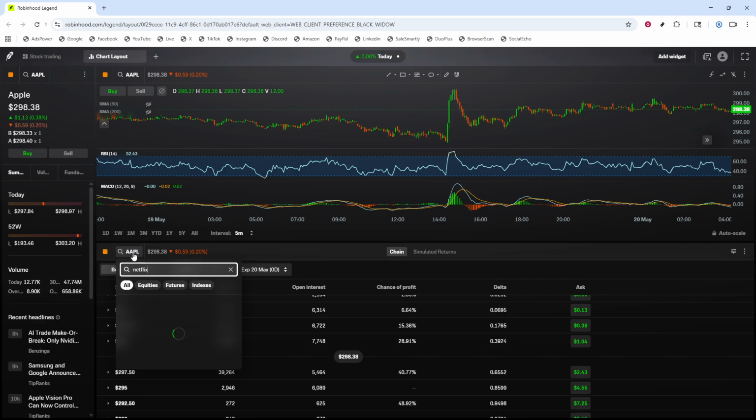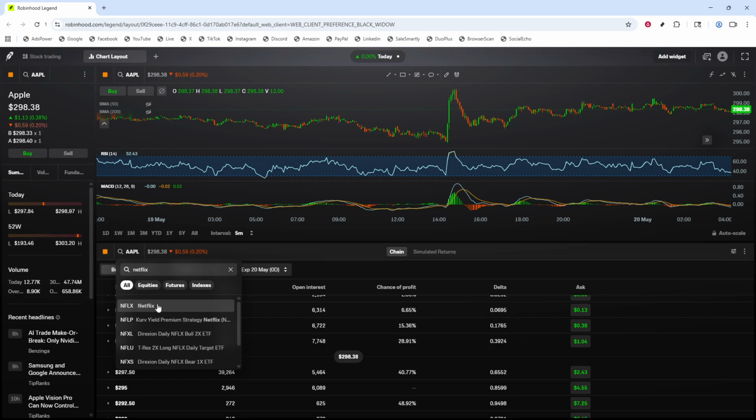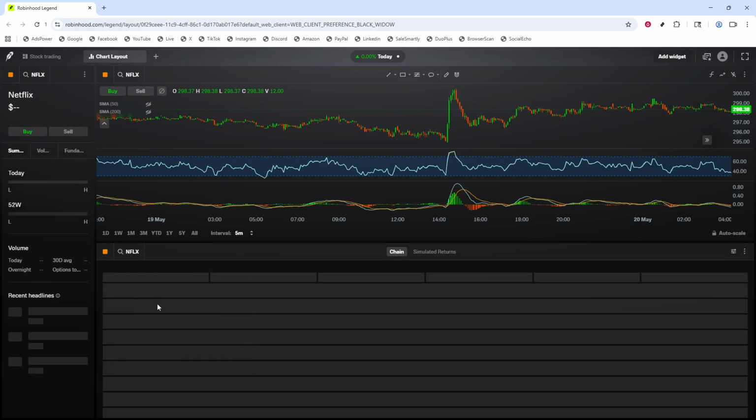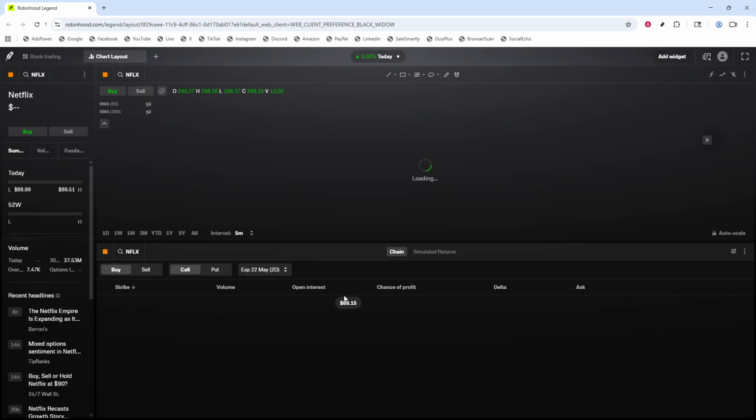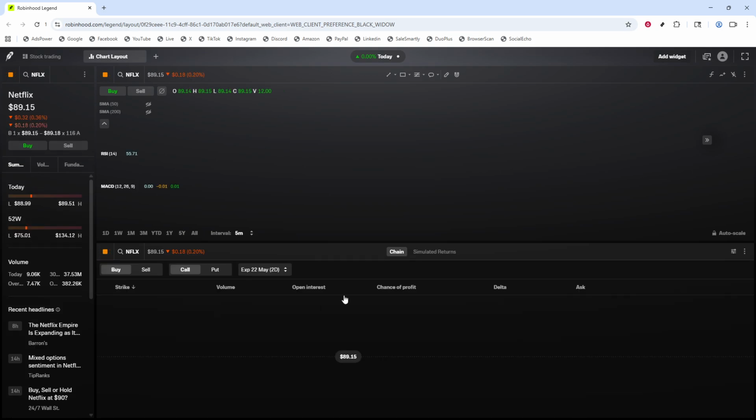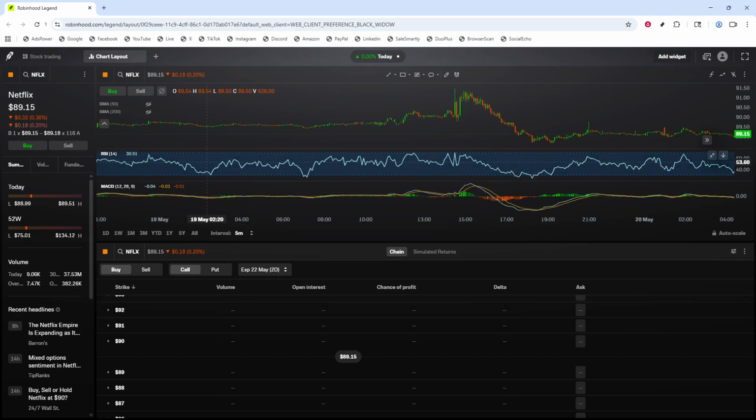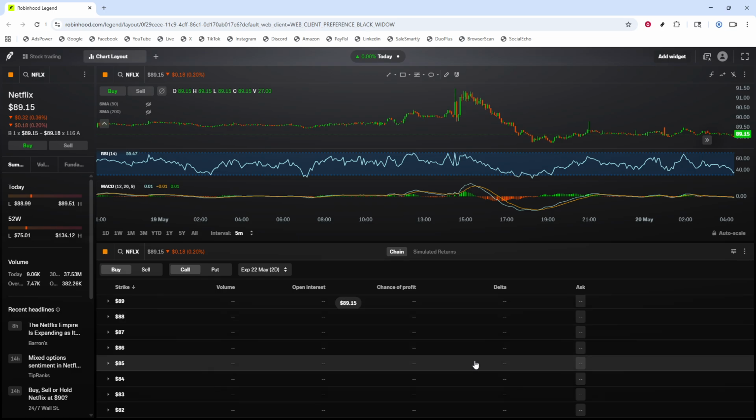Click on the stock input area and select the stocks you want to follow so the widget can load the relevant options data. After selecting a stock, the Option Chains widget will immediately update and display the available options information for that symbol. If you want to track more than one stock, repeat the same process by selecting additional symbols